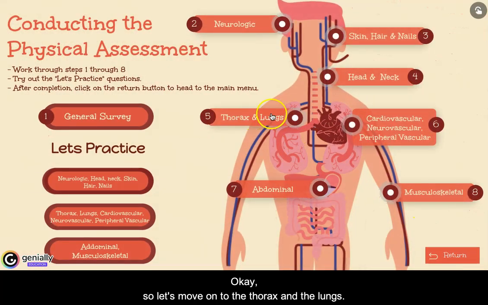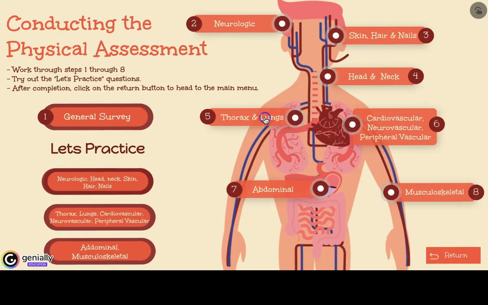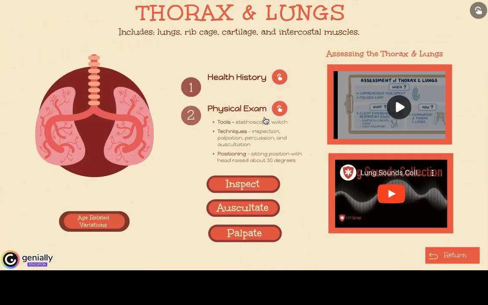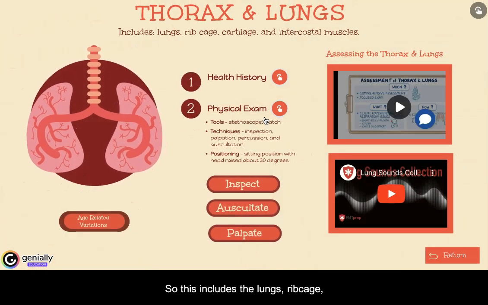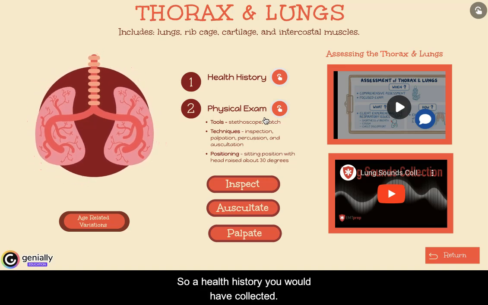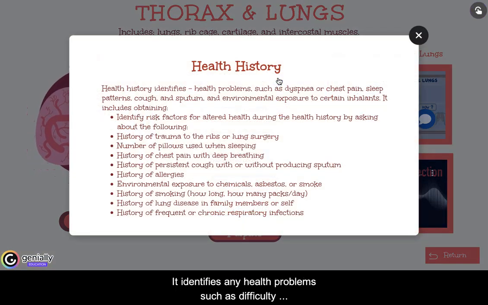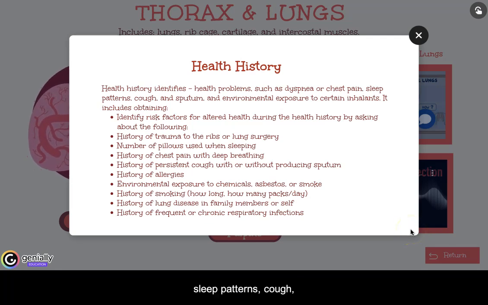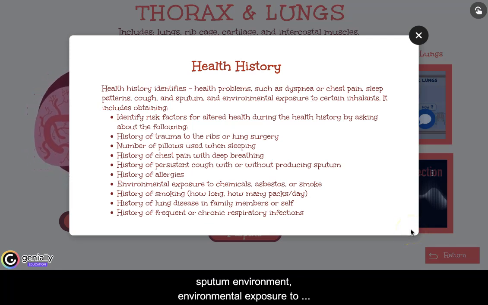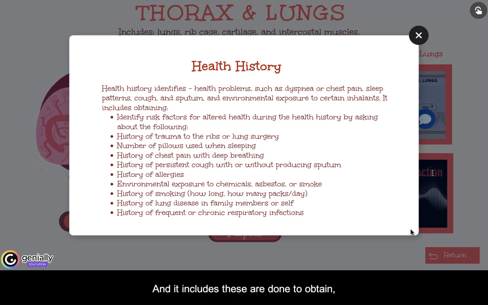Okay, so let's move on to the thorax and the lungs. This includes the lungs, ribcage, cartilage, and intercostal muscles. A health history you would have collected identifies any health problems such as difficulty breathing, chest pain, sleep patterns, cough, sputum, environmental exposure to certain inhalants, and it includes